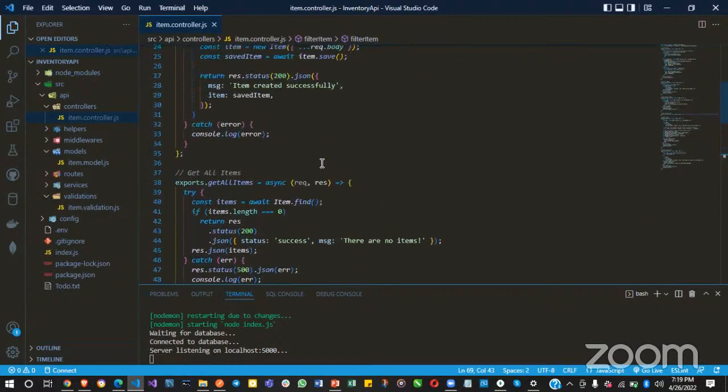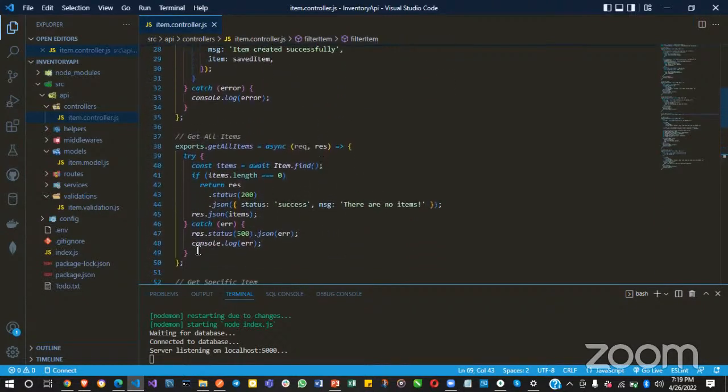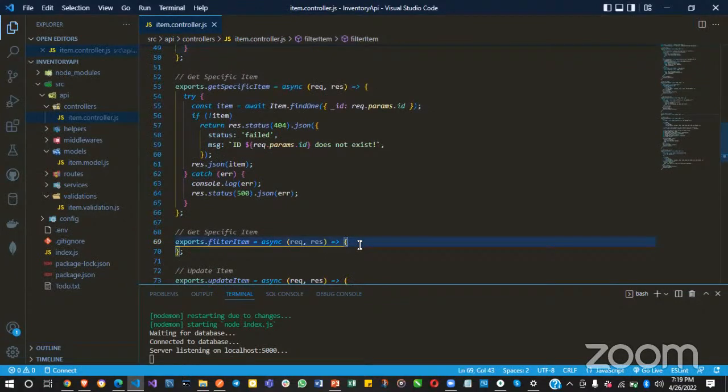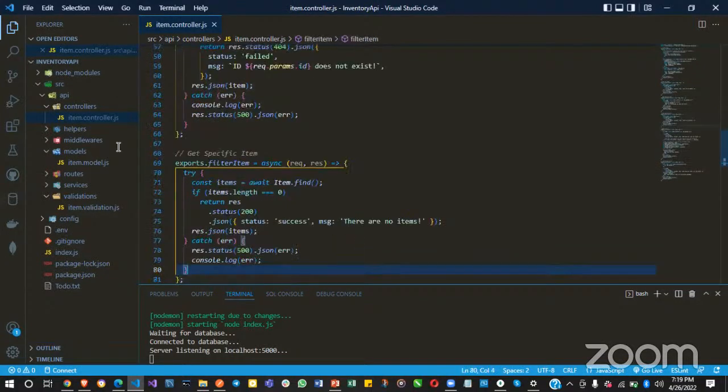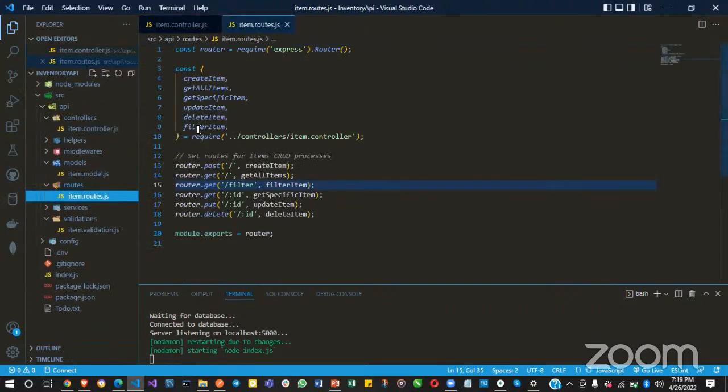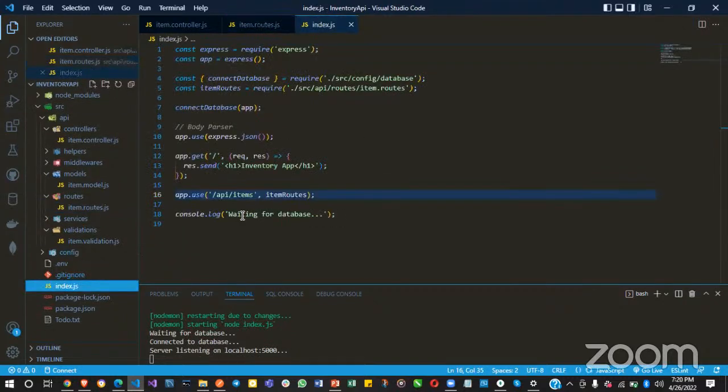And let me just grab this for a start and modify this to suit what we want to do today. So here is a method called filter. And let me check that I have it set up in the routes. Okay, yeah, so I already have it set up in the routes, and I am setting it to /filter, and in index.js, I have added the API /item